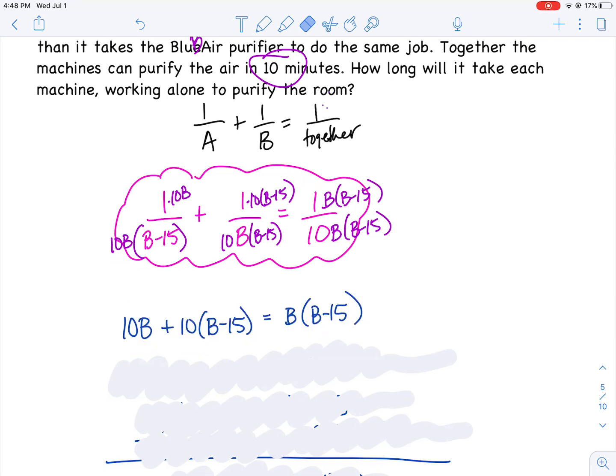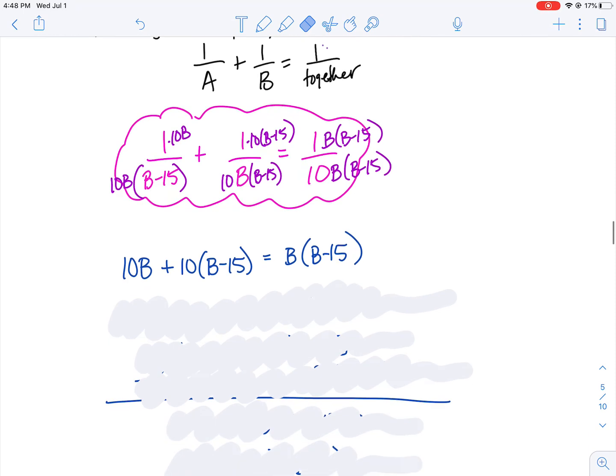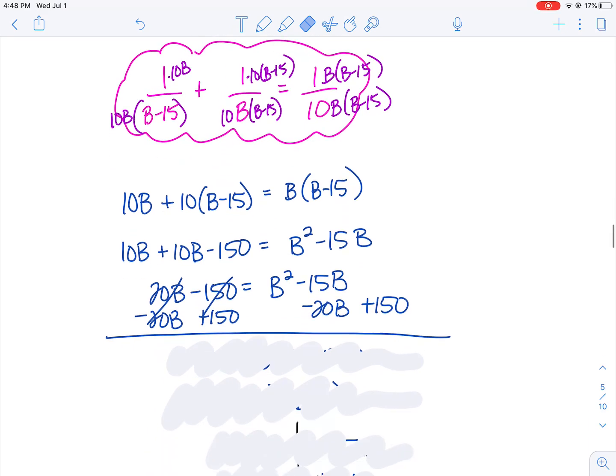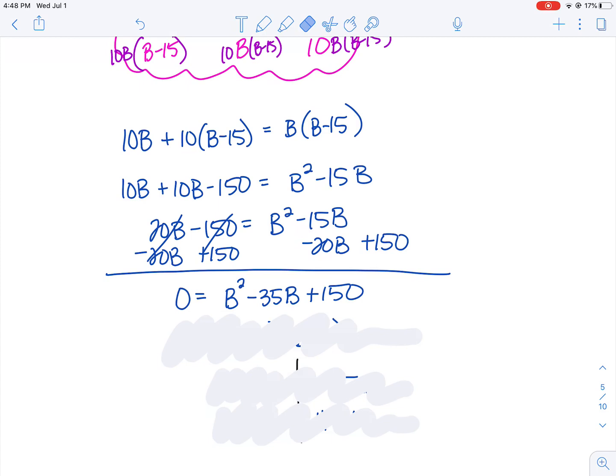I can set them equal to each other, and so I end up getting this new equation that I can now solve. I can distribute the 10, I can distribute the b, and I end up getting something like this. I've got some b's, I've got some b squareds, I've got some constants. It looks like this is a quadratic equation, so I'm going to start moving everybody over to the same side and see if I can solve it that way. I'm going to move the 20b over to the right side by subtracting it. I'm going to add the 150 over to the other side,